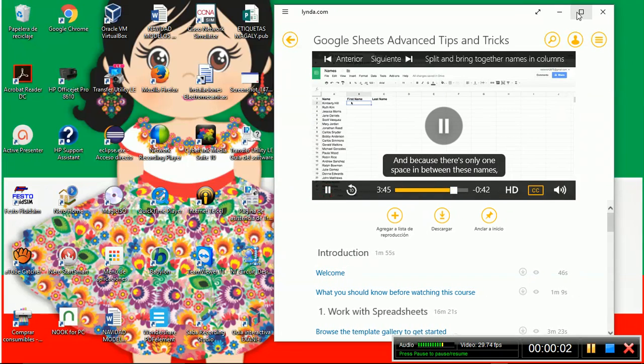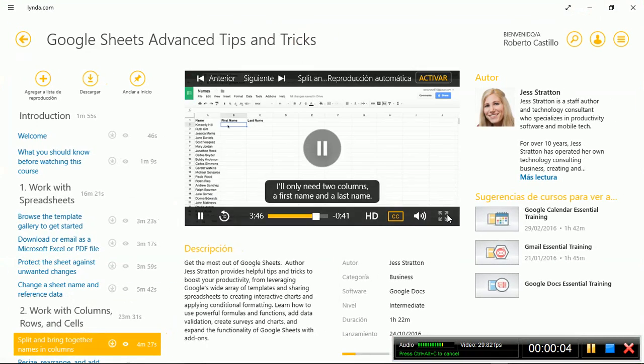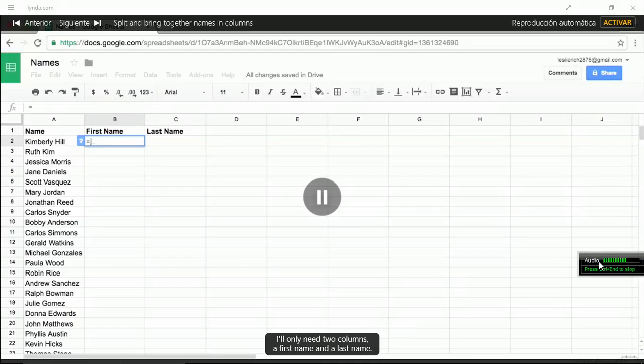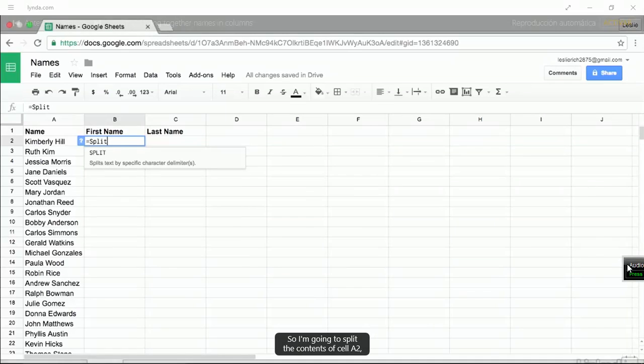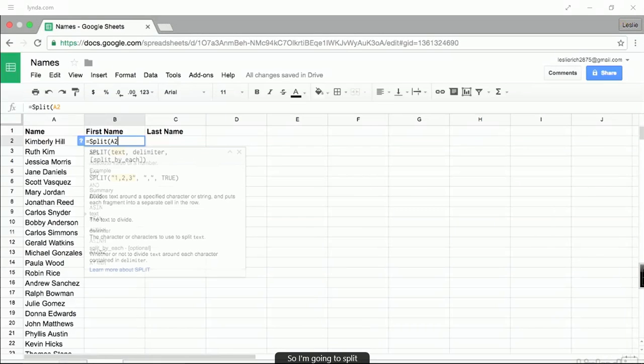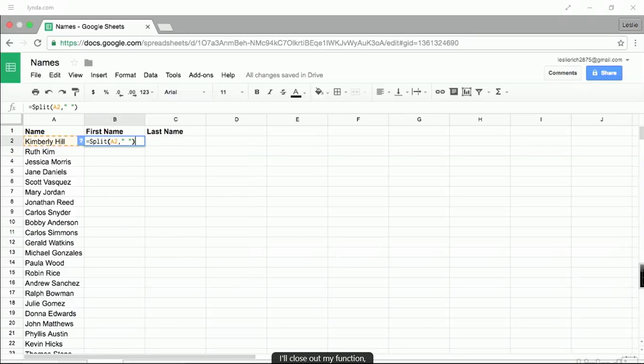In between these names, I'll only need 2 columns, a first name and a last name. So I'm going to split the contents of cell A2, and I'll include a comma, and now I'll put in my delimiter. It's a space, so I need to put that between quotes. I'll close out my function, hit the Enter key, and the contents of the name have been brought to the